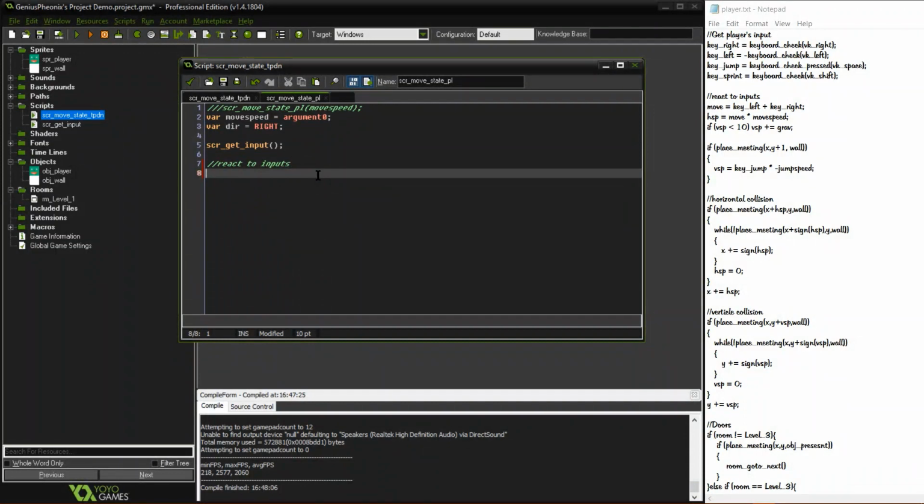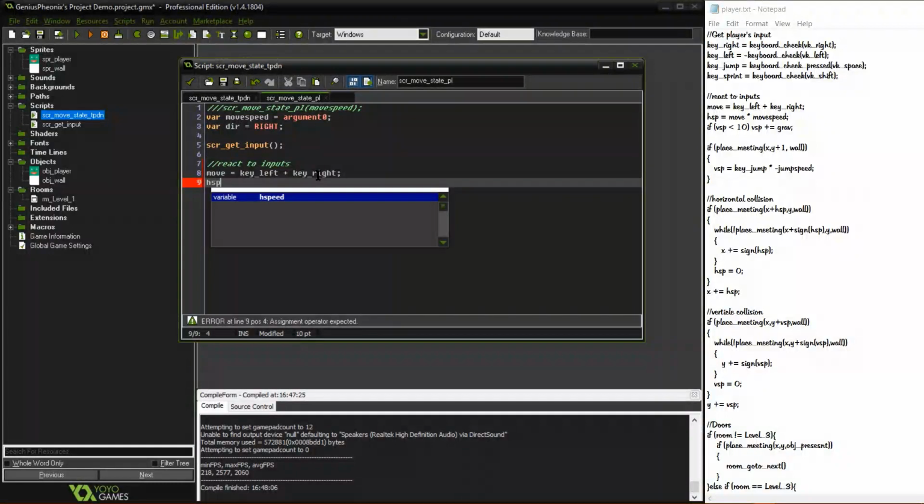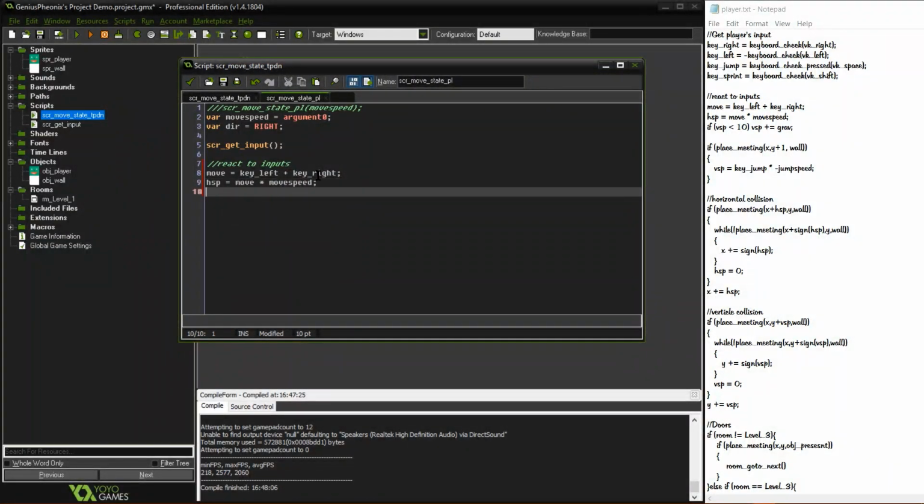We're going to say move is equal to key_left plus key_right. HSP is equal to move times MoveSpeed, not MoveSped, MoveSpeed, and then if